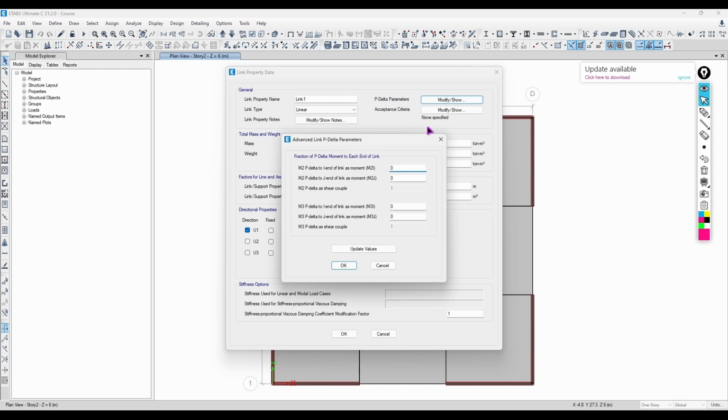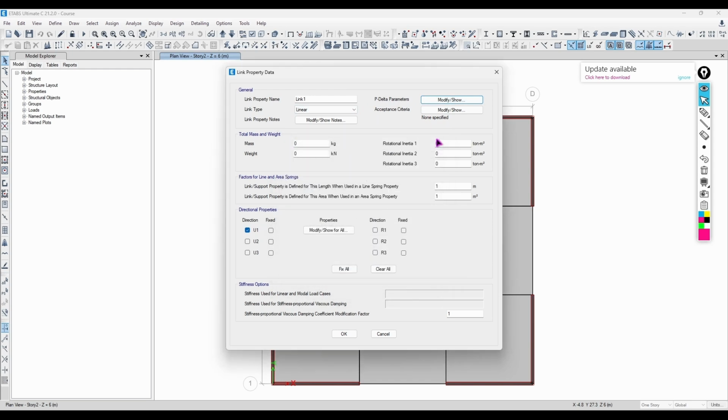P delta parameters: if you have a high-rise building and it's drifting a little bit due to seismic or wind, we're going to get to that later on. And then the total mass and weight of the link, you're going to leave it as 0 because, as we said,